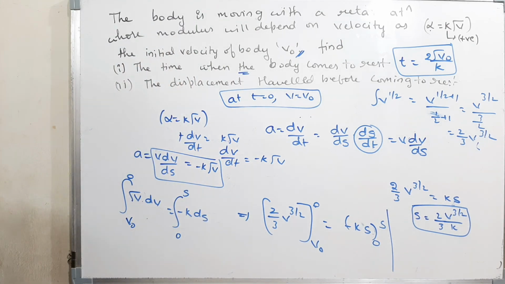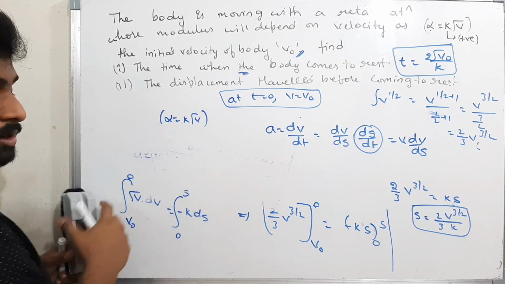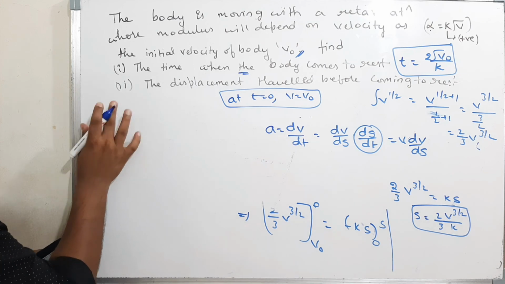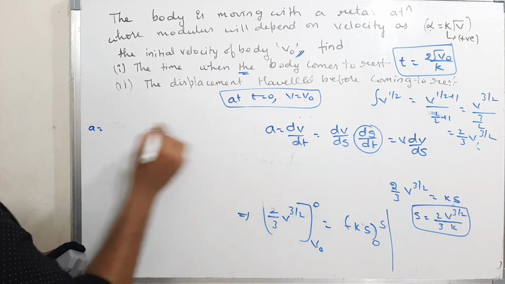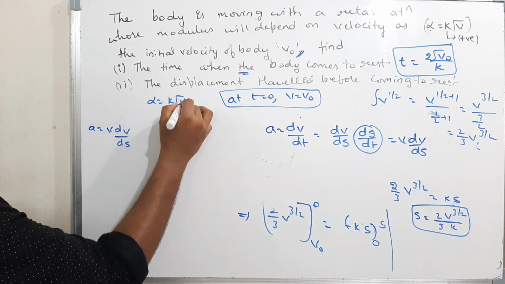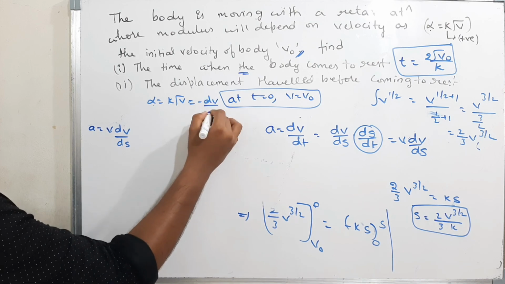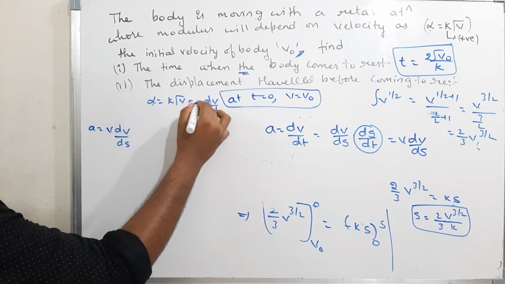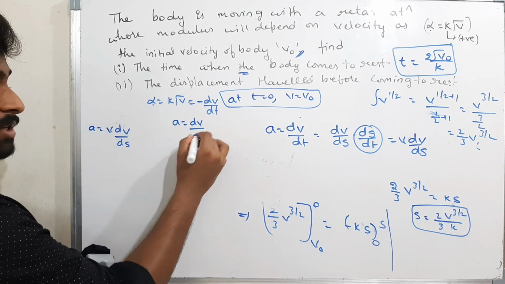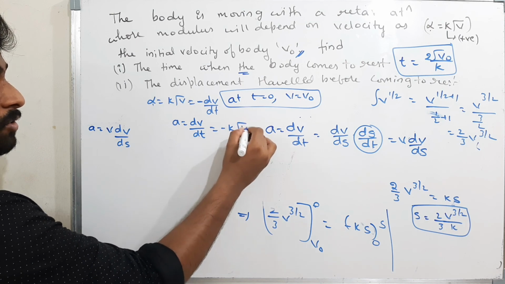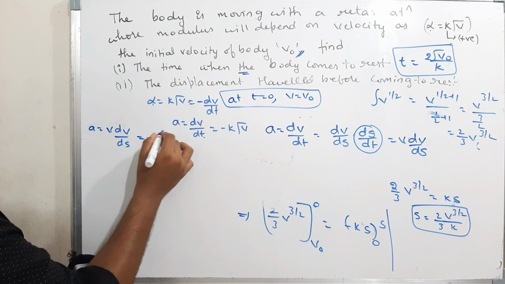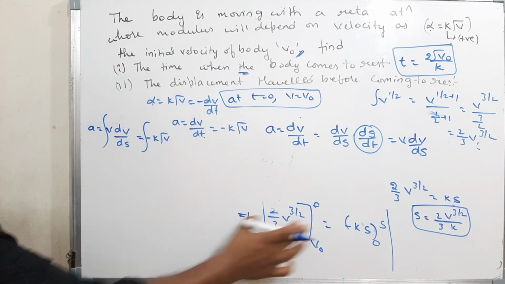Finally I got it. Now see what I did. This term will be a little bit confusing. Observe carefully what I did. Acceleration is equal to, what is acceleration? V into dv by ds. And they gave in the question alpha is equal to k into root v. Alpha is nothing but minus dv by dt. Alpha is retardation, therefore I am taking minus dv by dt. Now if I want to find the acceleration, that is, acceleration is nothing but dv by dt, which is nothing but minus k into root v. Therefore I am keeping acceleration, dv by dt, is equal to minus k into root v. Now start doing integration. From here I got the values.